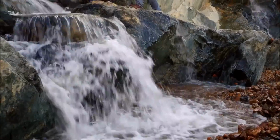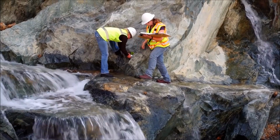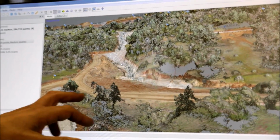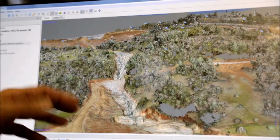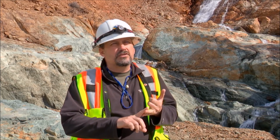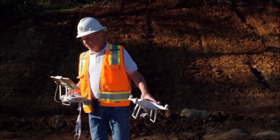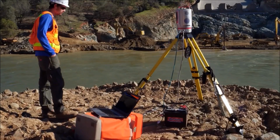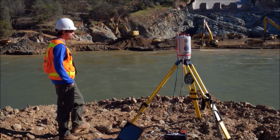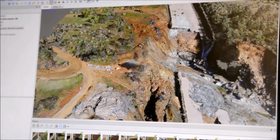The most important thing that we're doing out here as geologists is observing and reporting in a timely manner, having the base maps that we can show people where we're at, and that's the construction people or the incident command folks, and giving them the opportunity to make a quick decision. Everything that we have at our disposal, from the drones to the LiDAR, helps speed things up. We can have a turnaround on a base map in a day, and the high definition really